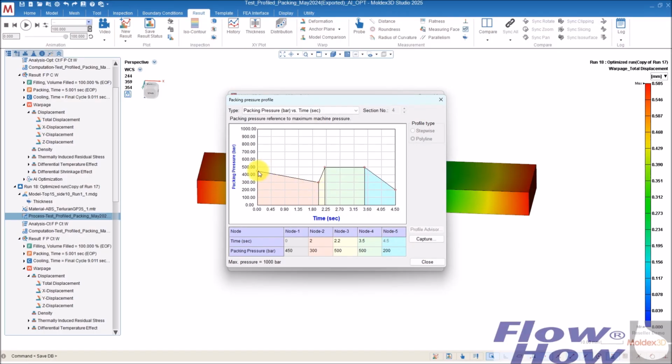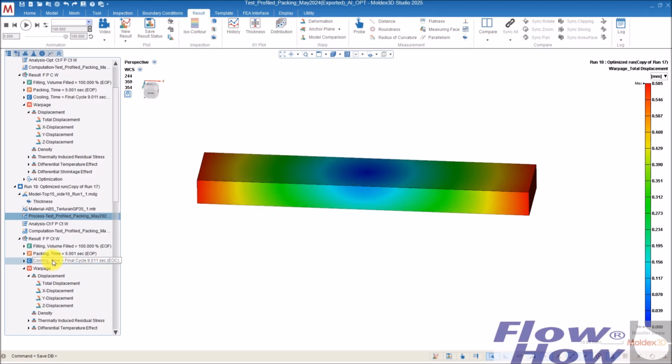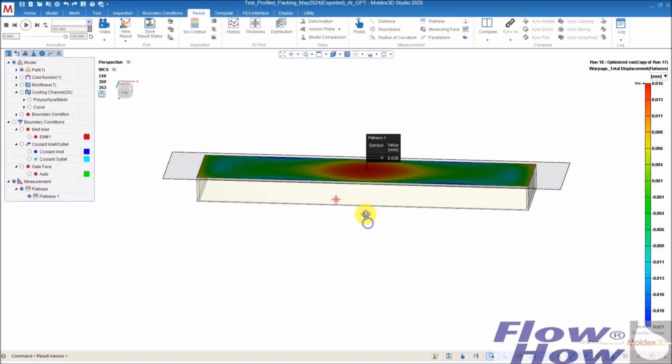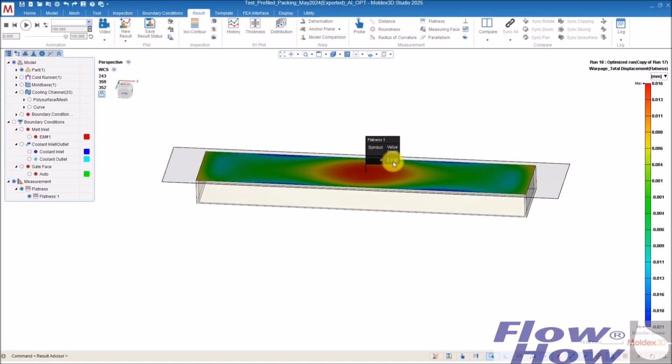You can see it's based on my observation from the AI optimization, and I made this profile, and then I ran this, and I actually ended out with a flatness of 0.036.